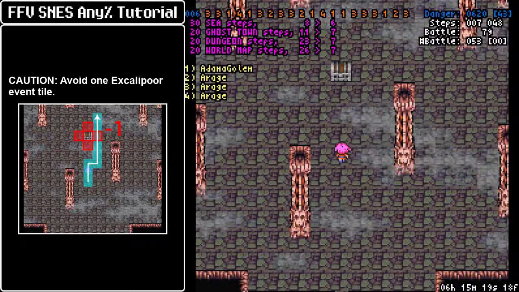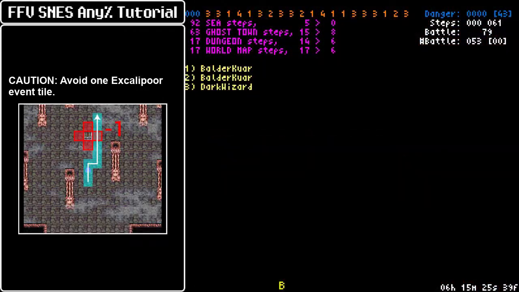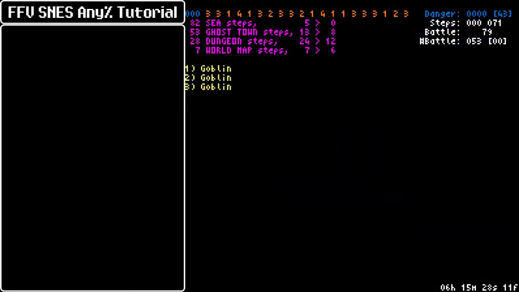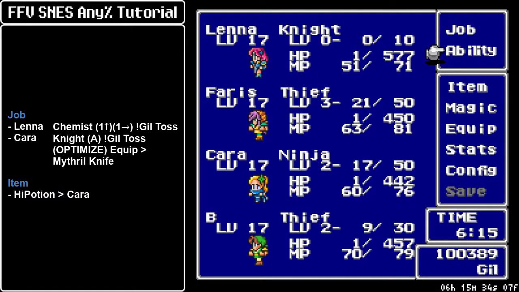Not a couple, there are 4 event tiles all surrounding the chest. So you just want to walk over one of them to eliminate one step from the total step count. And now we are at ExDeath's room. Oh man, this is the last tile you can walk into. Now for this boss we are going to...